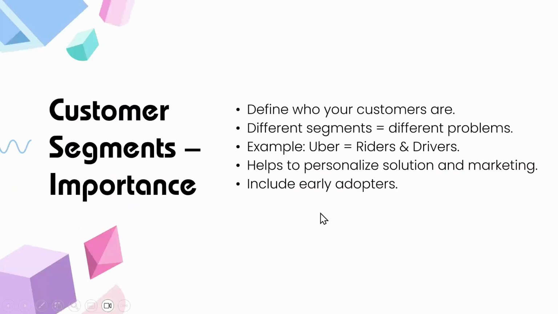So let's go to the next block. When you identify a problem, now you have to identify who are the people facing it and who is going to pay for me if I build something for them, correct? So define who your customers are. Customers are people who are going to pay you, right? We have seen that in the previous two classes. You have to define who your customers are. Specific. You cannot be very generic about your customers. You have to be very keen in defining your customers.